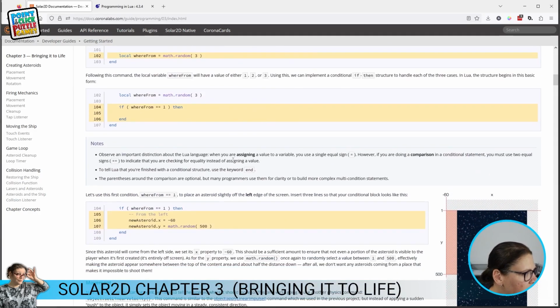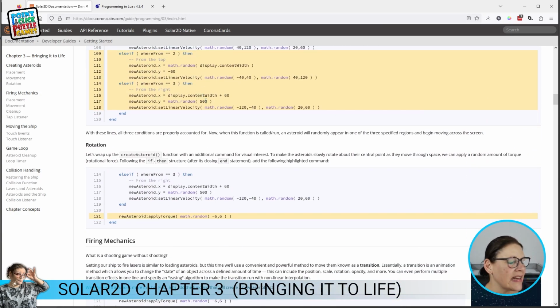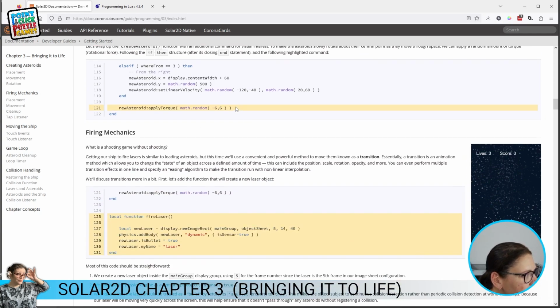Okay, so now we've got that on here, we've got the velocity, and the right hand side is exactly the same as the left, but obviously the parameters are positive because we're on the right hand side of the screen. What we need to do now is actually apply